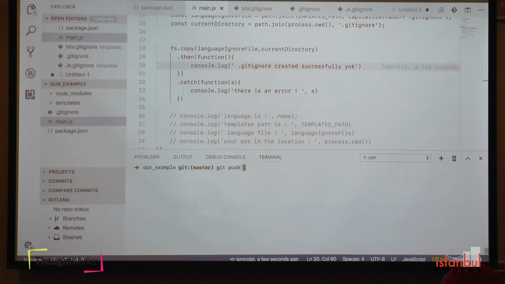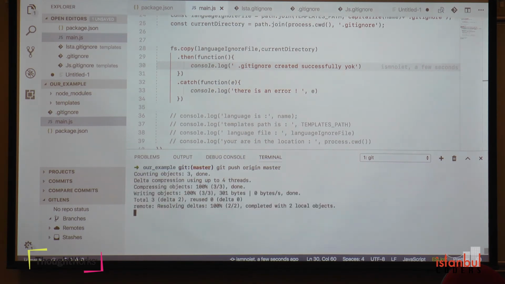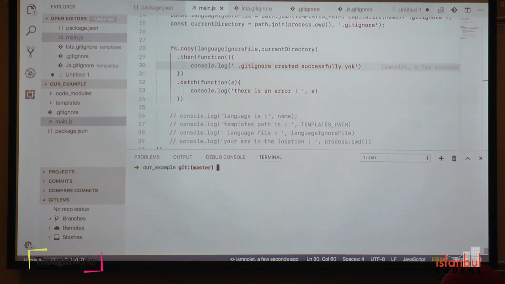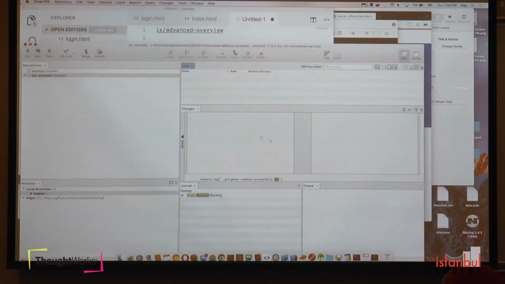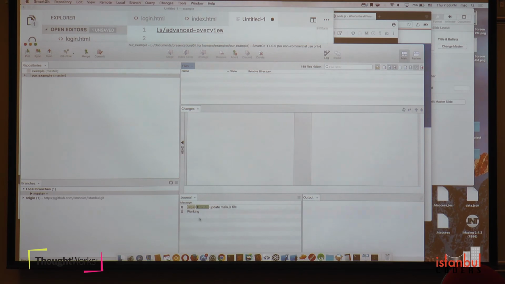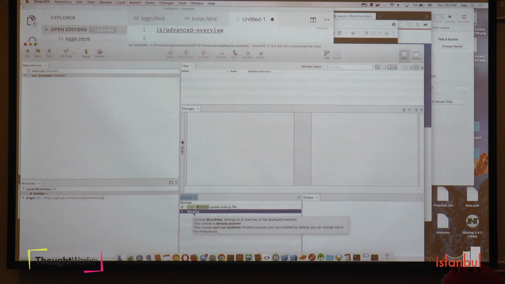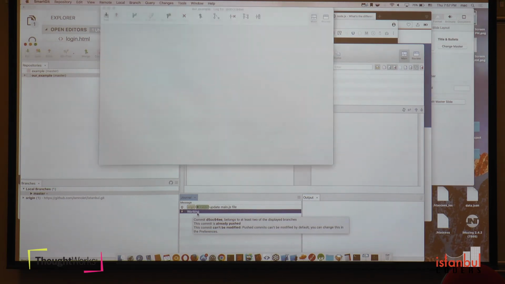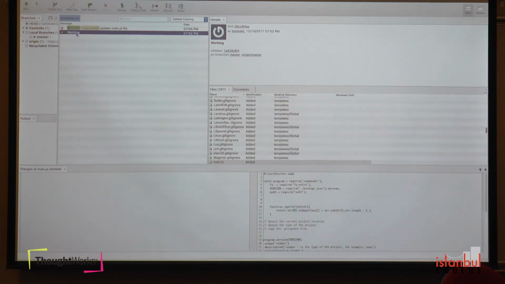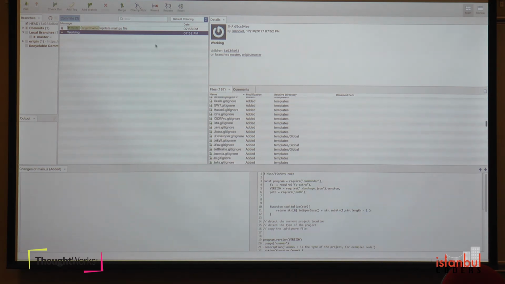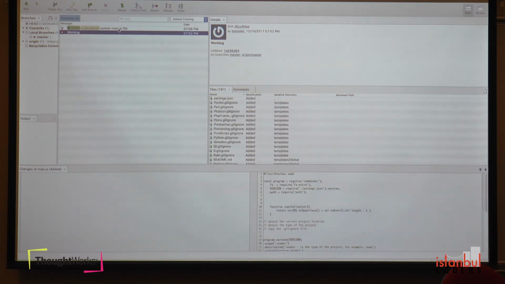Now I should push it also. So we have two commits. The nice thing using this tool called SmartGit, if you come back here, there are the messages. Do you see them? The first commit with the working message. If you click here, you can see all the files that were added in this commit, all these files created for the first time. If you come here to the update main.js,